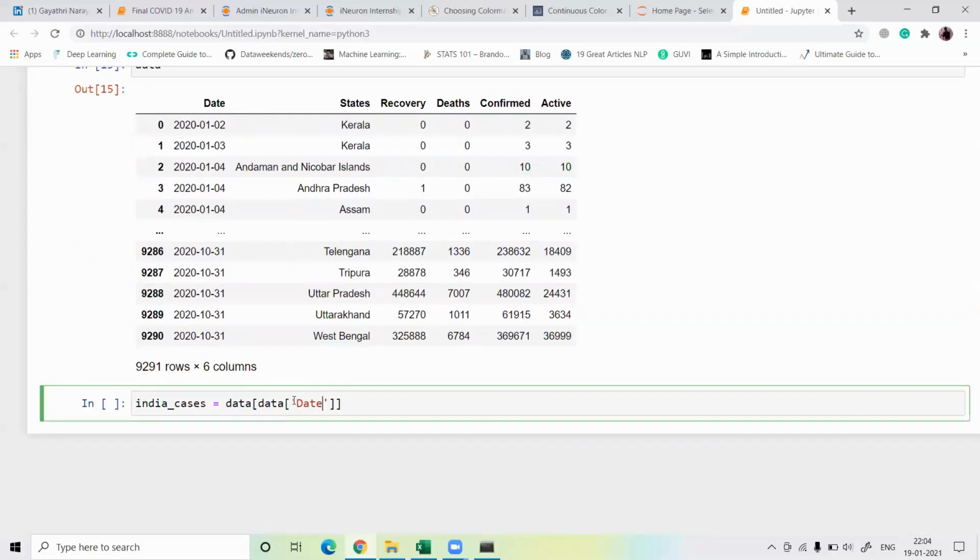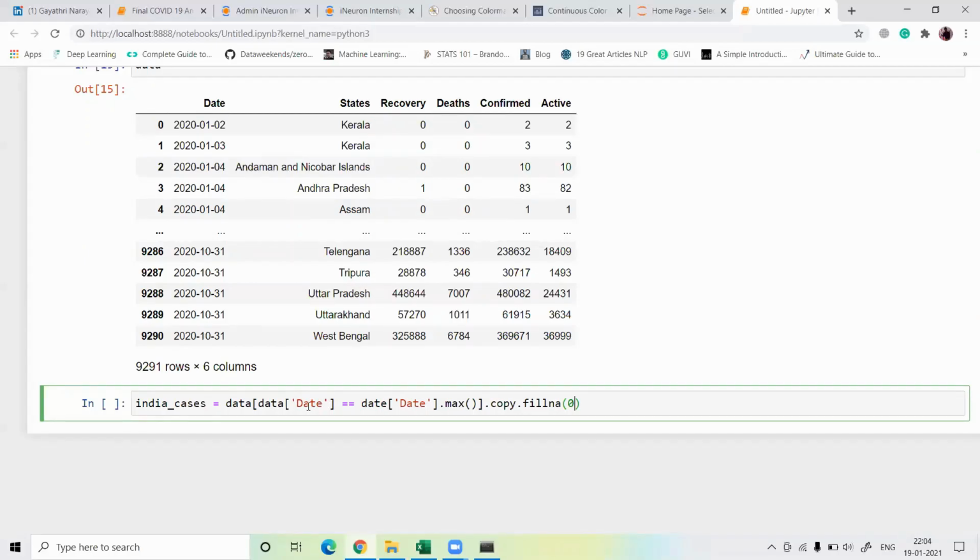So here date equal to date. Then check the max, dot copy, dot fillna 0.